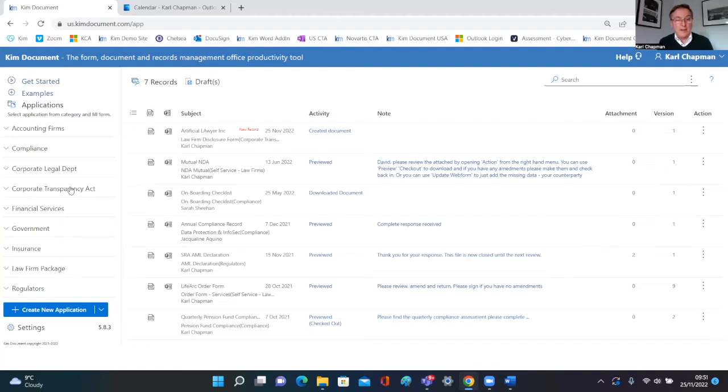You can create a campaign and go one-to-many, or you can publish that link on your internal intranet or the bottom of FAQs or on another system. So when anyone clicks it, it's available. So this is much more than just document automation. It's also about records management, about collaboration and sharing. And of course, which we'll touch on subsequently, any of the forms that you receive back can be used to